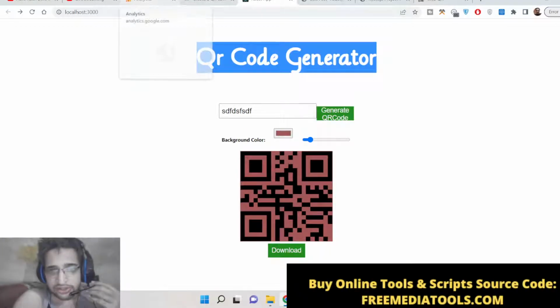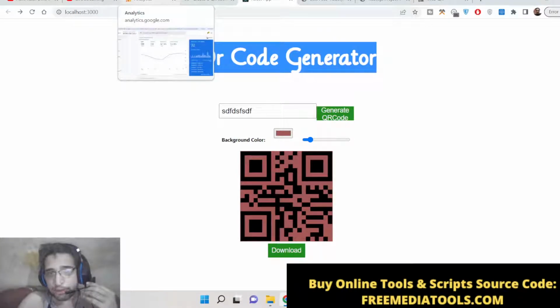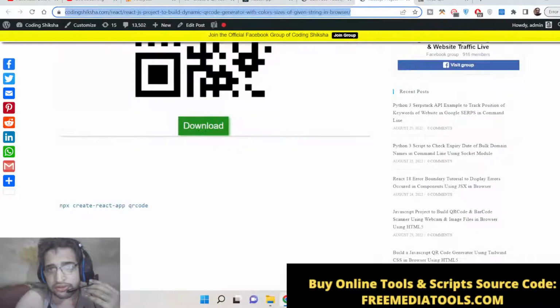We have built using React.js with no other dependency. It's pure React.js. So if you want to download all the source code, you can go to the description of